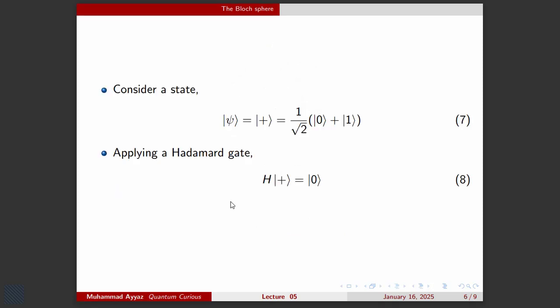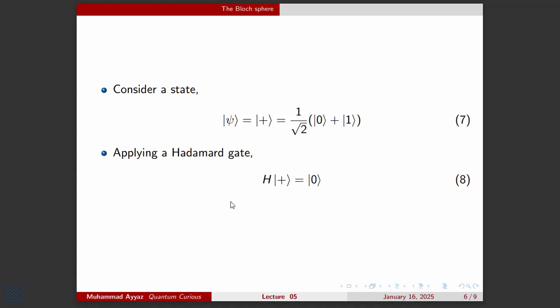So now consider how we can visualize the action on the qubit, like the Hadamard gate, in the Bloch sphere representation. Consider we have a state that is the plus state, the equal superposition of the states 0 and 1, and we apply the Hadamard gate on this single qubit state, and we get